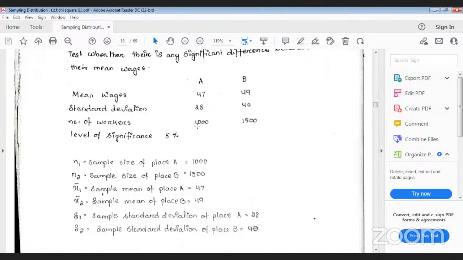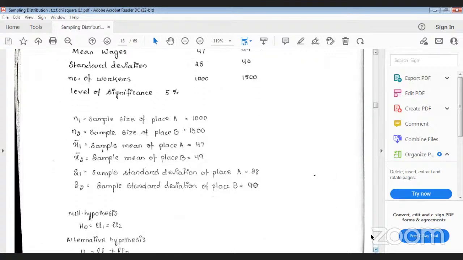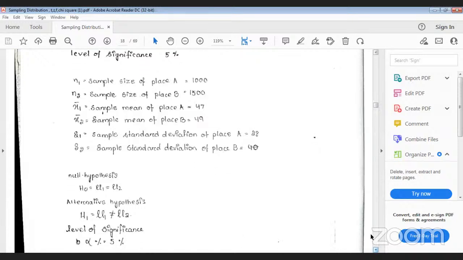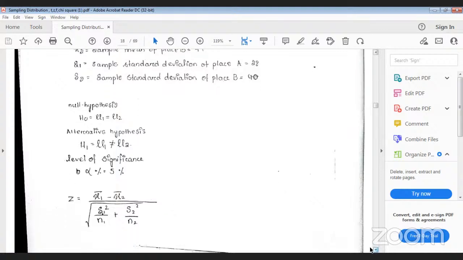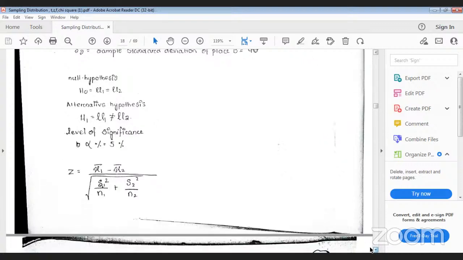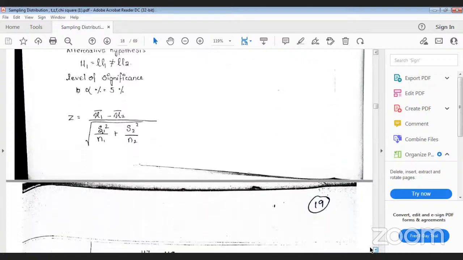For place A it is 1000, and for place B it is 1500, which is much greater than 30. That's why it is a Z test. Whatever is given, you have to mention the null hypothesis. First you have to write the given information, then the null hypothesis mu1 equal to mu2, because you have to compare two populations. The alternative hypothesis is not equal to, with level of significance 5%, and the Z formula,